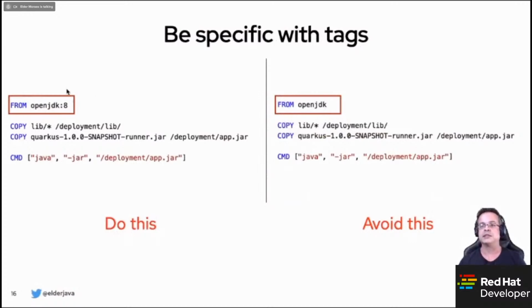So for the sake of both maintainability and stability, you need to always be specific with tags. Okay, so I'm using version 8. So once I'm ready to move, or I need to move to another version, I will go ahead and change the tag so we can maintain our image stable and know what's happening. Okay, not just praying to be stable and praying to not change our version. Okay.